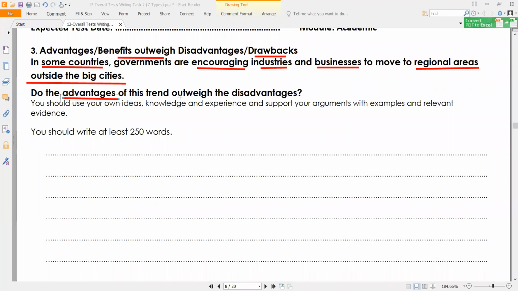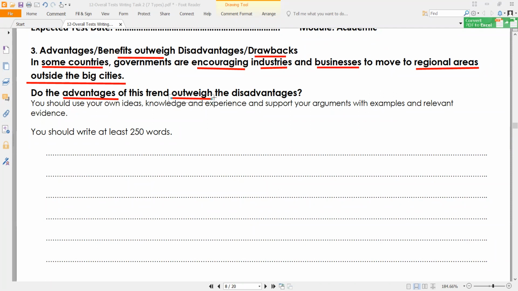So outweigh the disadvantages. Outweigh means is more in weight. Okay, so outweigh is like more in number, has more weightage, or has more benefits than the disadvantages. Of course, it's up to you now. If you think yes, there are more advantages of this, perfect. You say yes, the advantages outweigh the disadvantages. If you think no, there are more disadvantages, then you could say no, the advantages do not outweigh the disadvantages. So this is how it works.